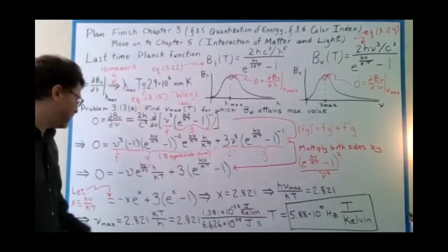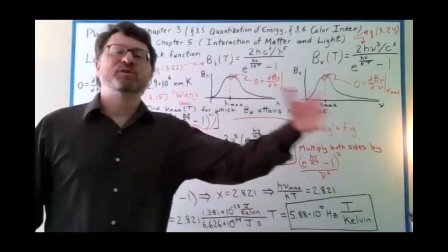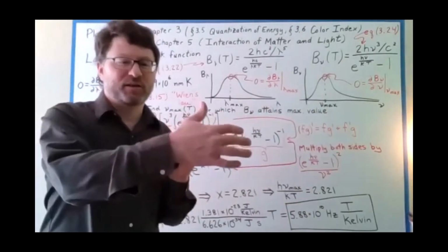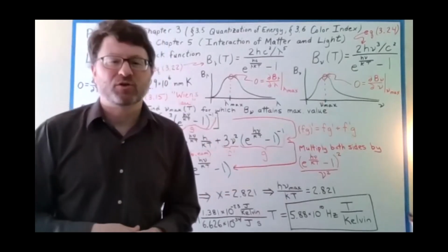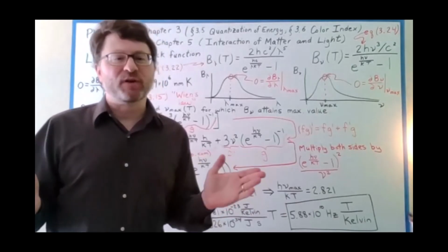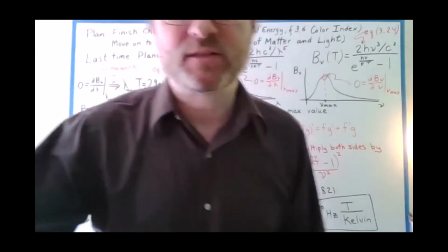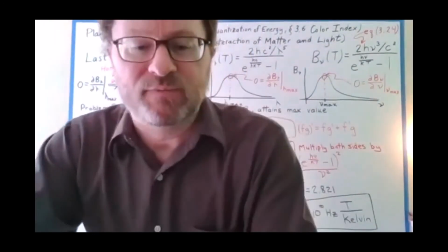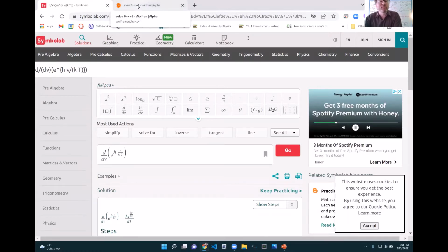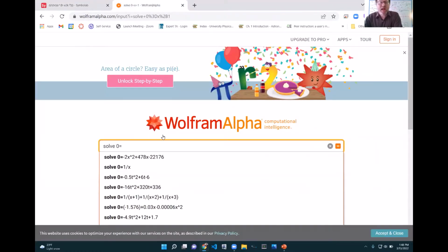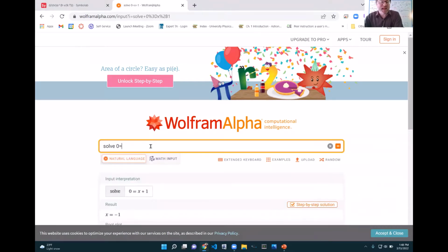One could, for example, solve for an x in terms of other x's, make a guess at what x is, plug it in on the right, you get a new value for x, plug that new value back in on the right, you get a new value. There's an iterative approach that you could take, but we're just going to solve it numerically. I'm going to show you a nice tool that you can get online, Wolfram Alpha, for solving things numerically, even if you don't have a lot of prior experience. Let's say you go to wolframalpha.com and start with something